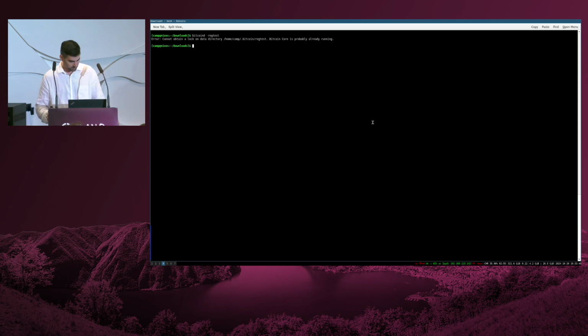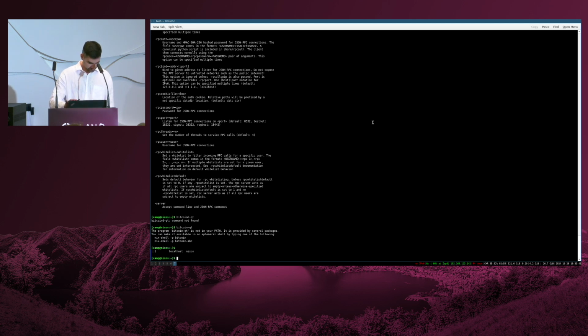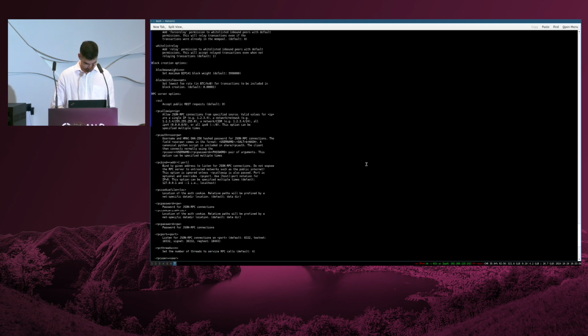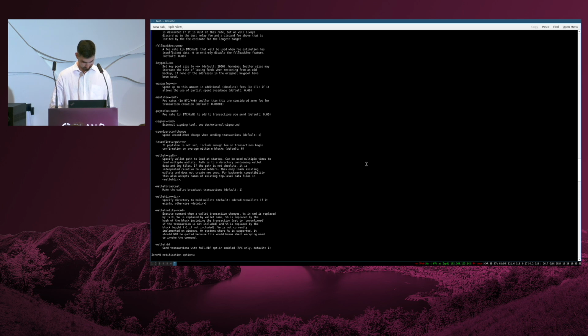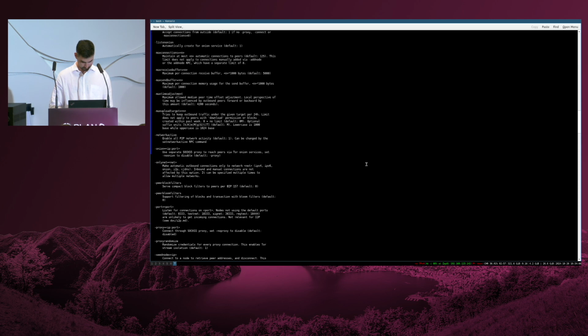Bitcoin Core is already running. Okay. No, I started it somewhere. I cannot find it. Where is it? While I'm looking for Bitcoin Core, does anyone need help with something?